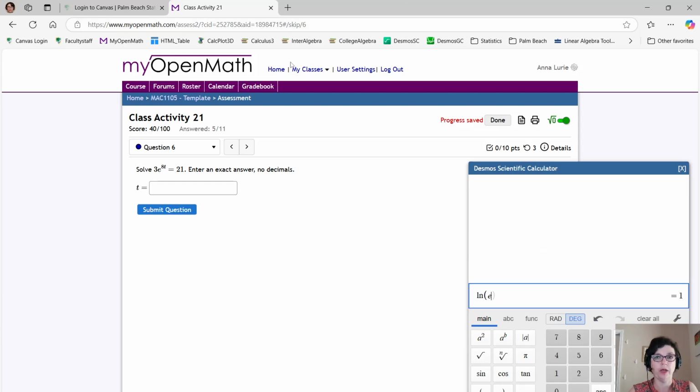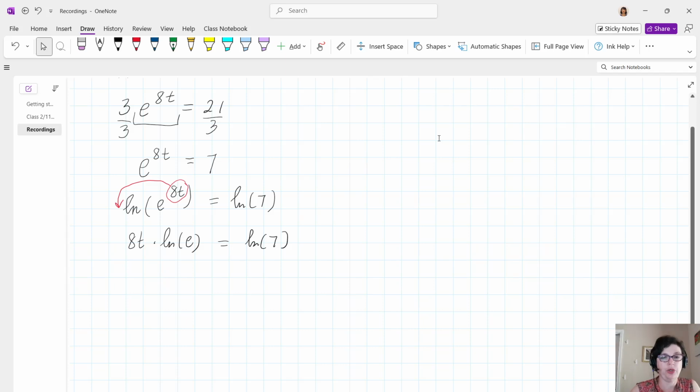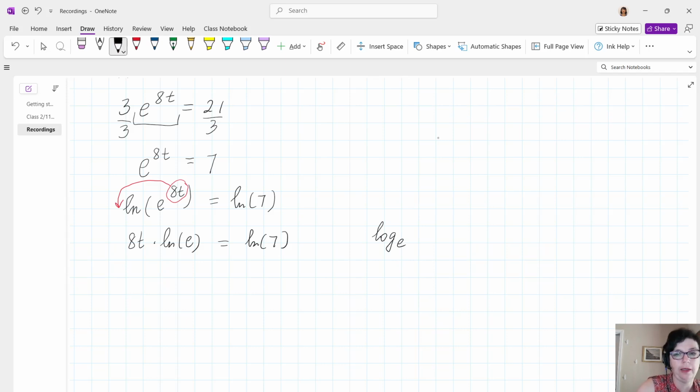So why is that 1, by the way? That's actually not that hard to see, because natural log is the same as log with base e. So when they say ln, they mean log with base e, and then of e. So what would that be? Well, if we raise e to some power, we should get back e. What power is that? That would be power 1, because e to the power 1 will just give me e. So this right here, to make the long story short, is just 1.